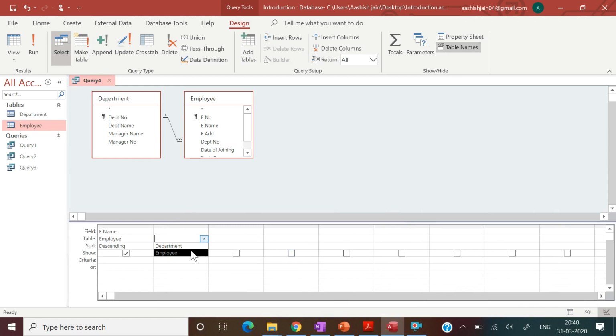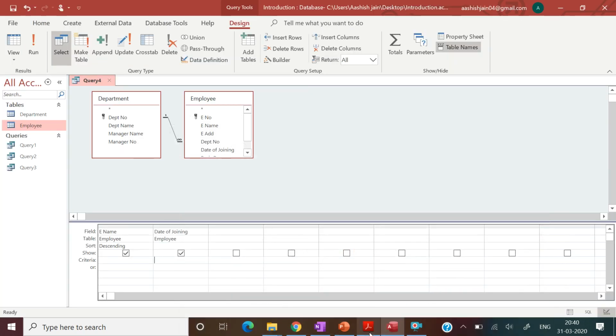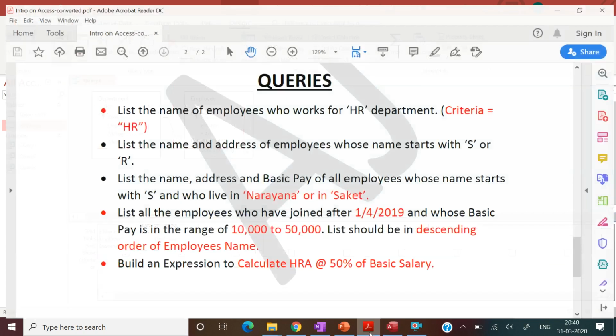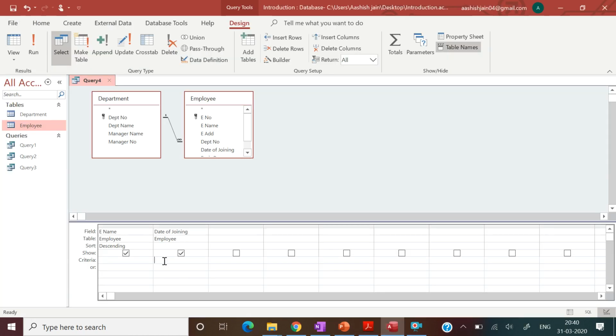So first select which table, employee table, which field, date of joining, and the date of joining should be after 1st April 2019. So how do we put this? As we did before, we put the date in hashtags.